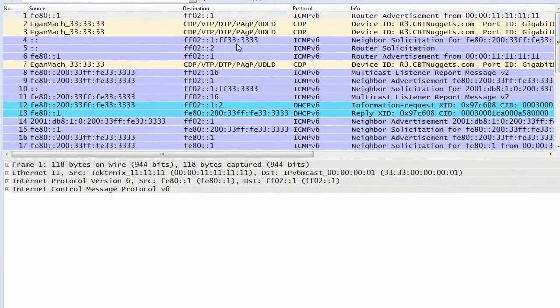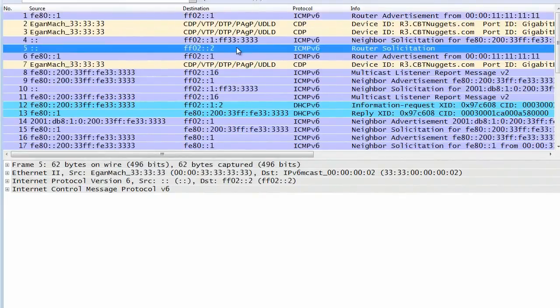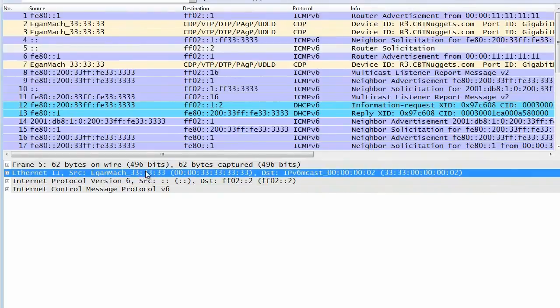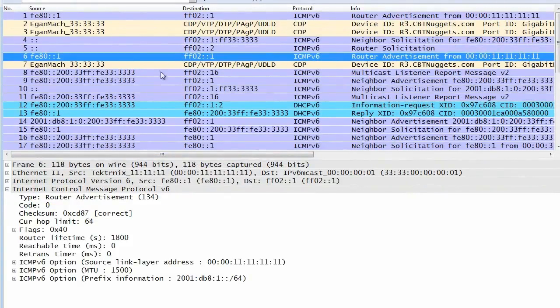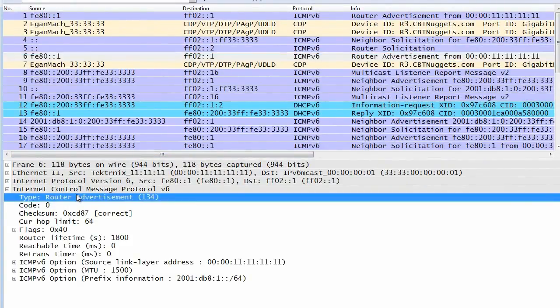So if we go back to the trace, which I just stopped, by the way, because it was scrolling up on me, we have the router solicitation that was made by R3, the router. Here's the source MAC address, by the way, so you can see it right there. And it was saying, you know what, I'm looking for a router on this network. Well, in response to this, which is in packet 5, we got a router advertisement in packet 6. The router advertisement says, yes, you're connected to this network, 2001